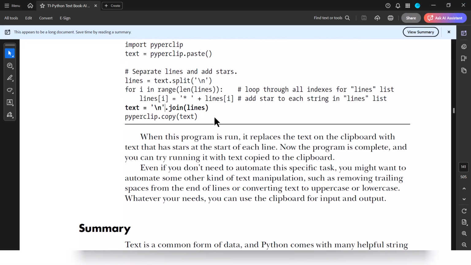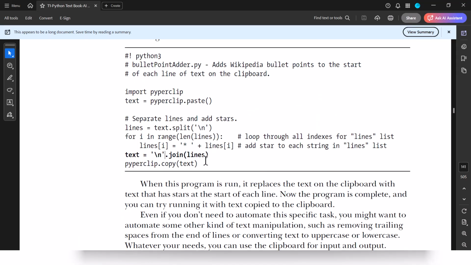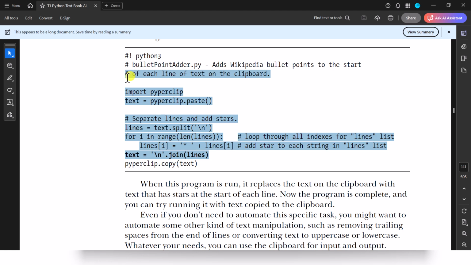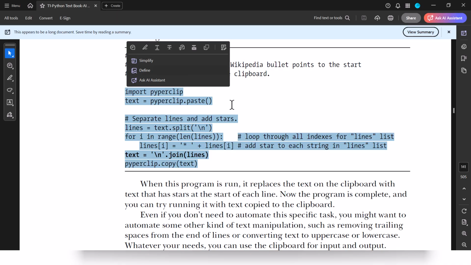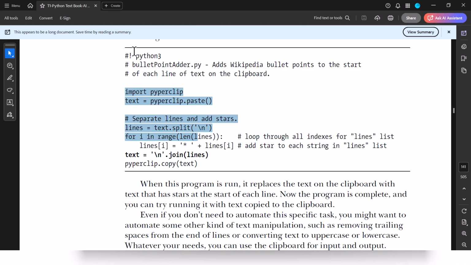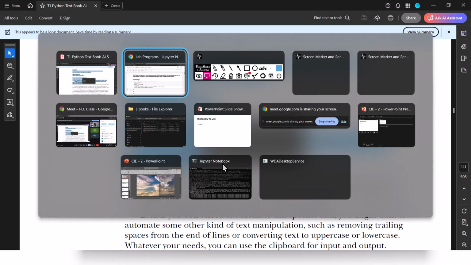So this is the program. I just copy this program. Let me work on this program. This is a Python 3 program which works. I just copy this program and put it into our